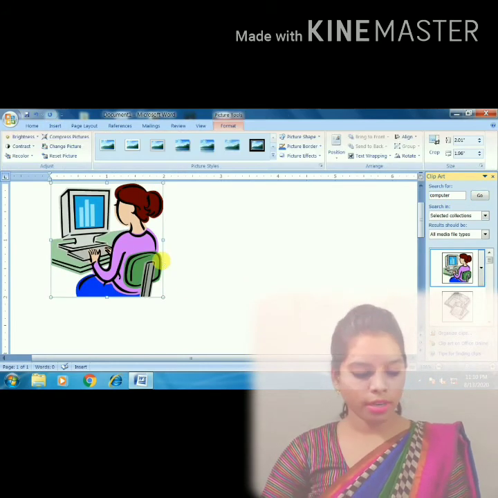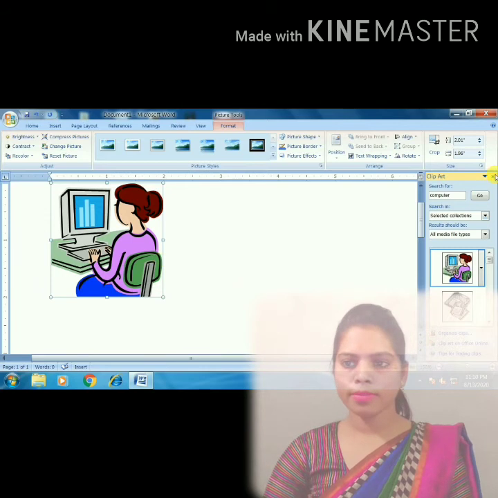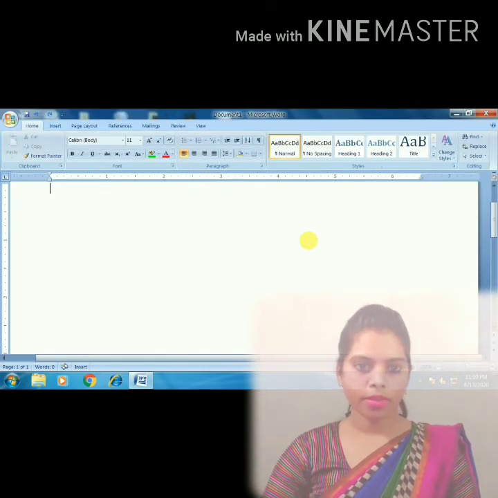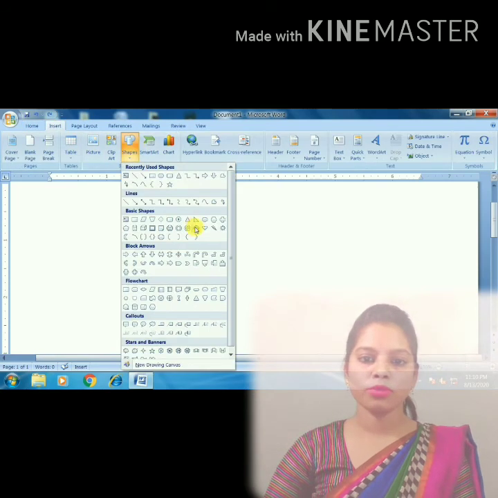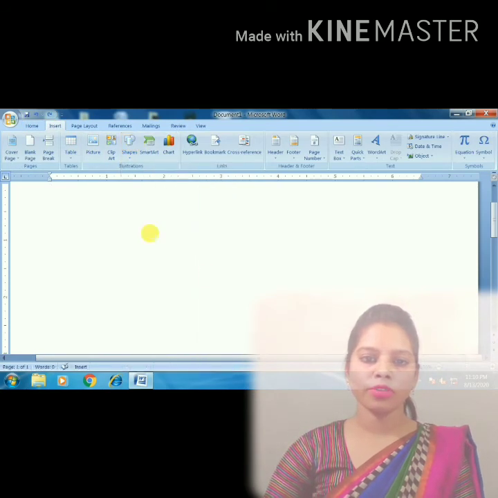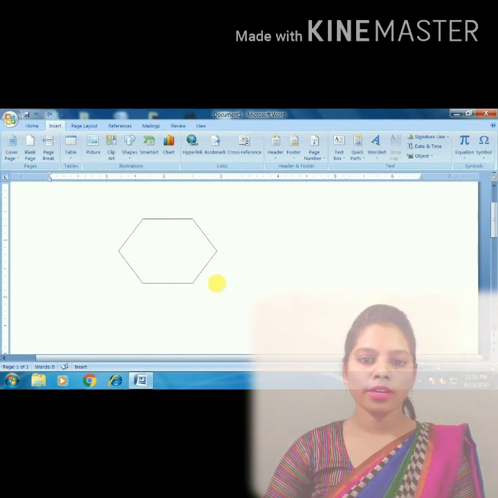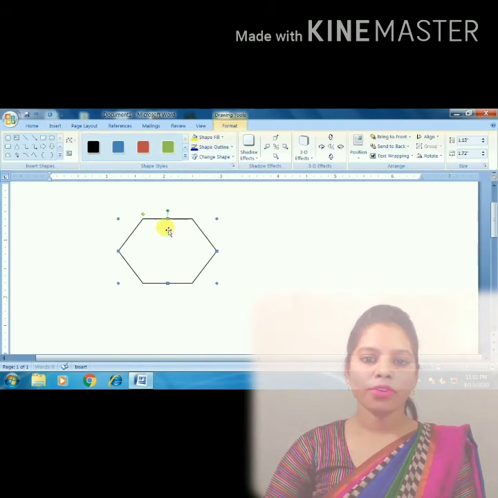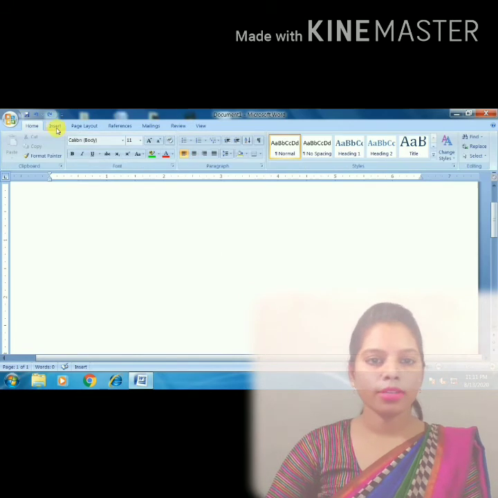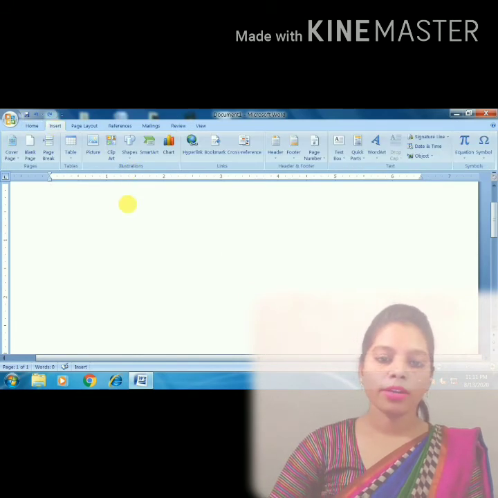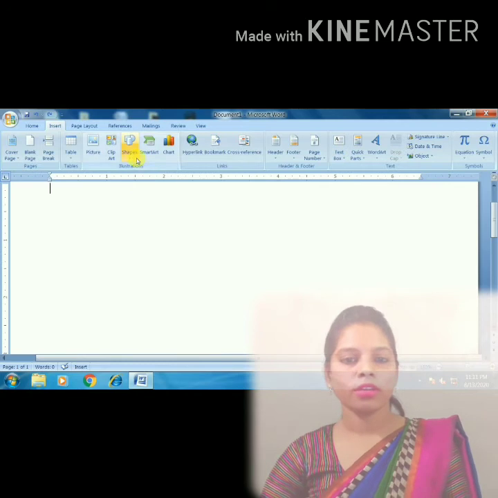We can insert it like this. After that, shapes is used to insert different types of shapes. For inserting a shape, click on shapes, then select any shape and drag that shape on the area.